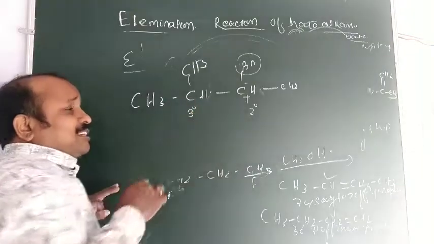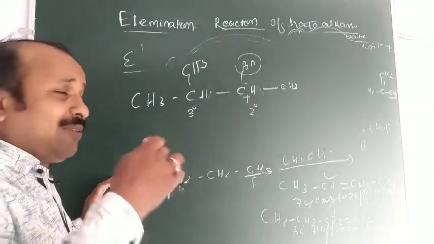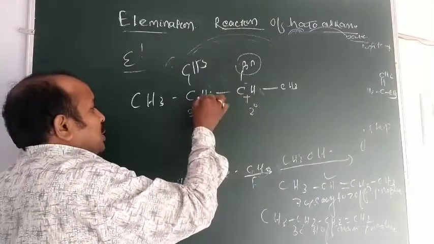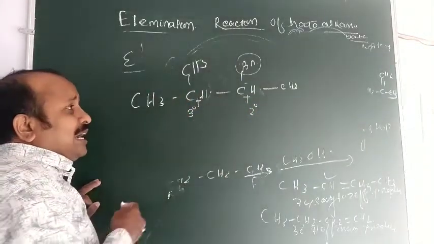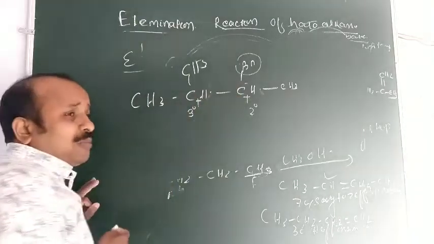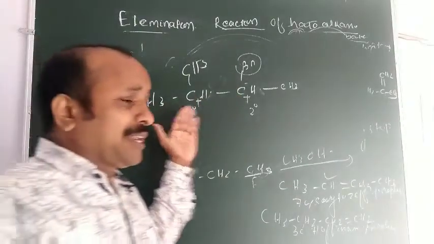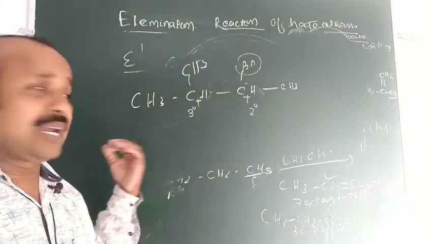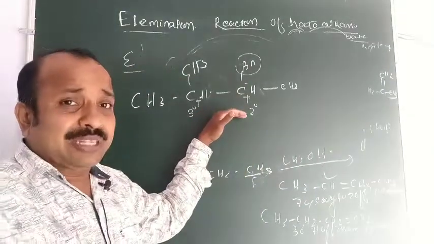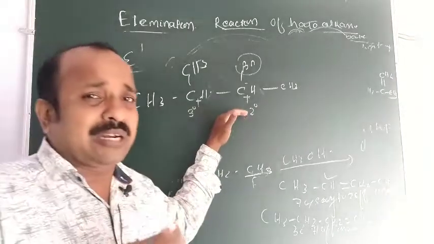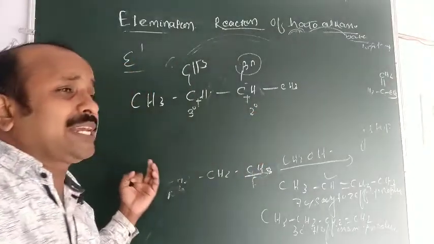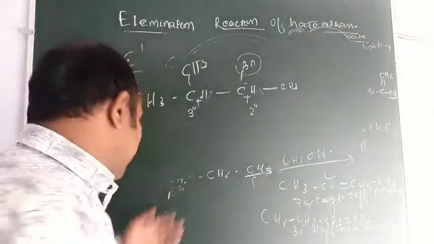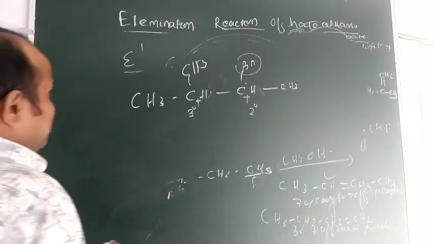Which I discussed in the class 11 video. Okay, so rearrangement is possible. So this will shift to this and it will make the double bond here. So it forms the rearrangement to the 3 degree cation. First it forms the 2 degree cation, then it undergoes rearrangement to form the tertiary cation, because the tertiary cation is more stable than the 2 degree cation.